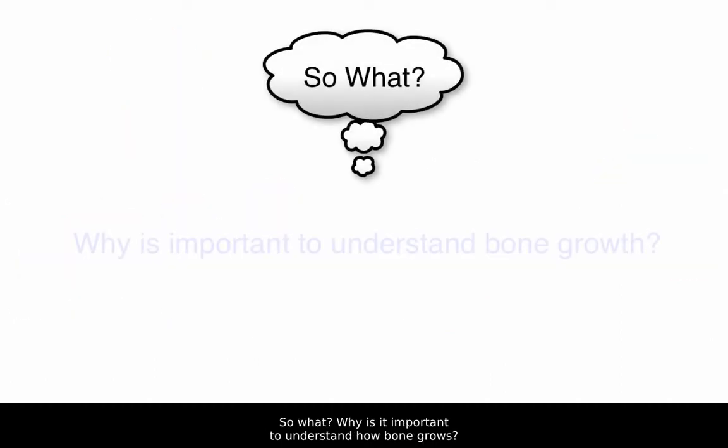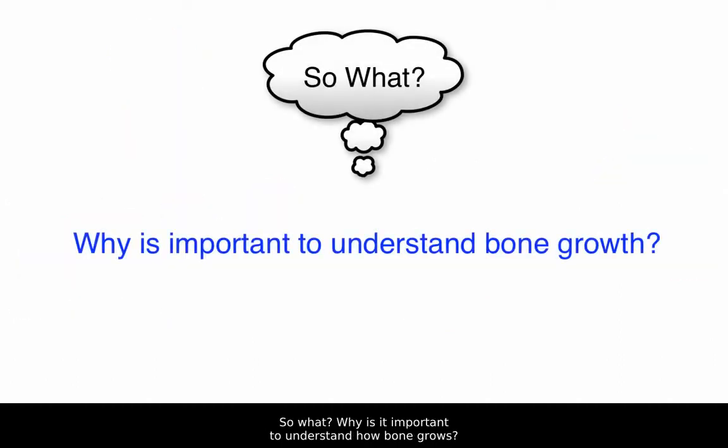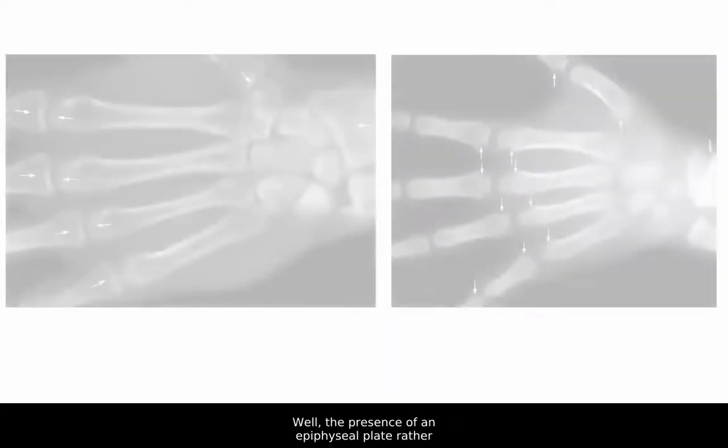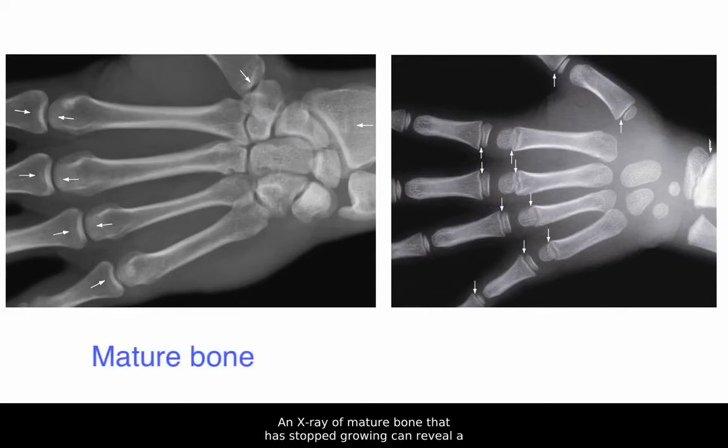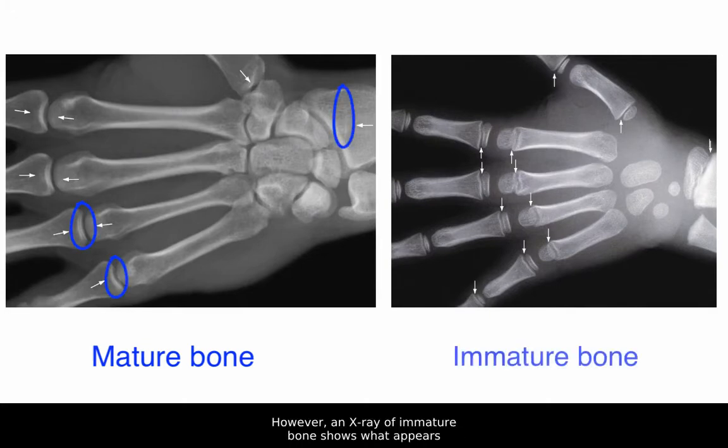So what? Why is it important to understand how bone grows? Well, the presence of an epiphyseal plate rather than an epiphyseal line tells us that a person's skeleton is still growing. An X-ray of mature bone that has stopped growing can reveal a distinct epiphyseal line. However, an X-ray of immature bone shows what appears to be open spaces because the cartilaginous epiphyseal plate is not